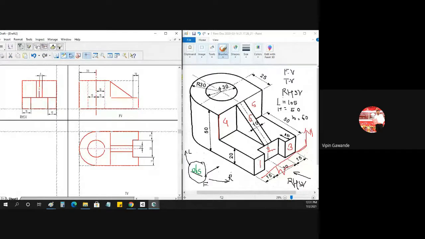Okay, so we have to take two lines here. I'm taking these two lines. You have to take 15 mm, 15 mm. Just for simplicity, I'm taking this line. Then I'm taking the dimensions here. From here to here, this is how much? This is 15. Okay, it is coming directly on that line only.